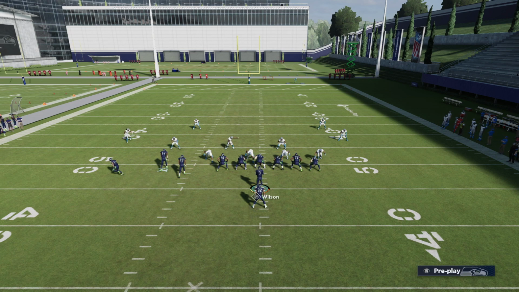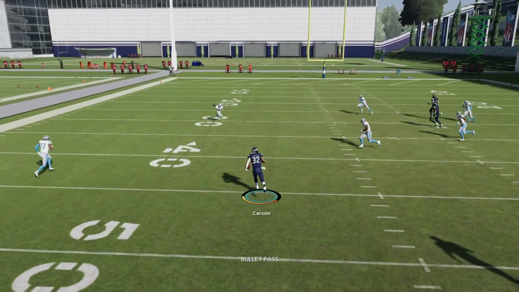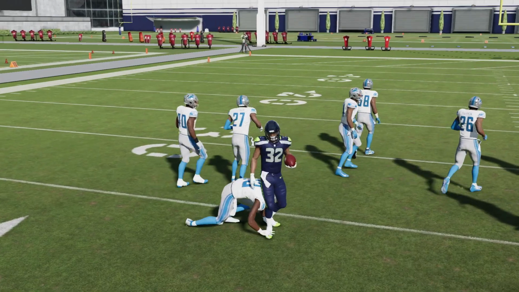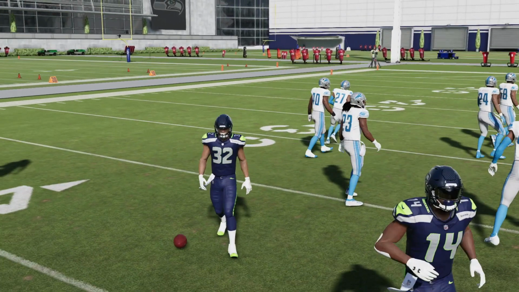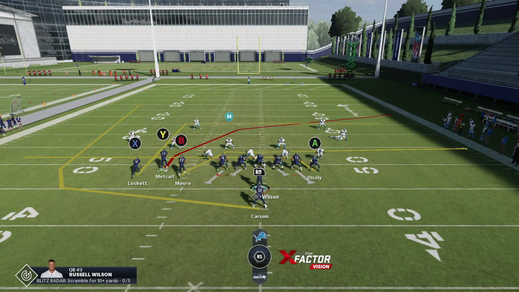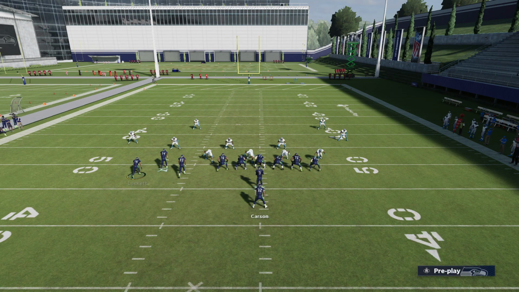What we're going to do is motion out Lockett. This opens up the wheel route a lot. Look at how much separation we get right there. And that's really what the out route does. Again, these little wheel out routes are really nice out of every single formation, especially out of pistol. They're really good. I run them out of drip scheme. If you didn't watch that